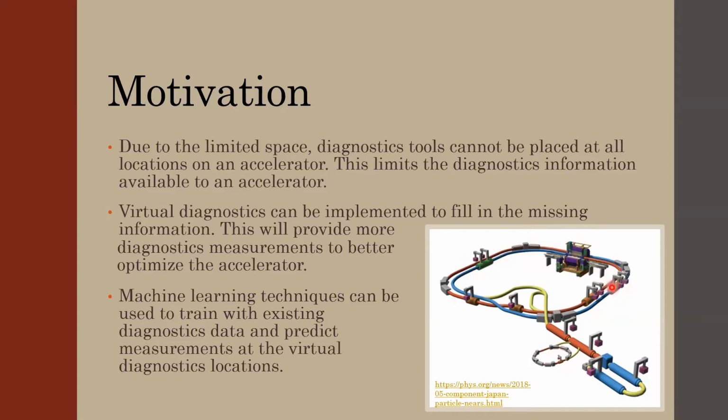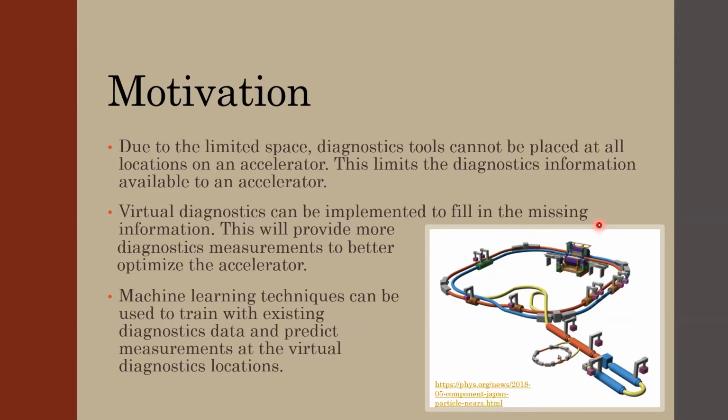So if the image here comes with an error you were not expecting, you wouldn't know how exactly to adjust things here. You would just be changing parameters randomly to see if you get what you really want. Machine learning techniques can be used to train with existing diagnostic data and predict how the beam will be looking at every location,